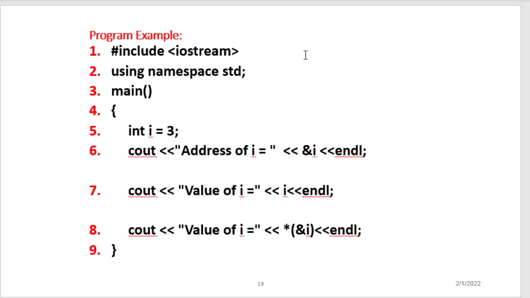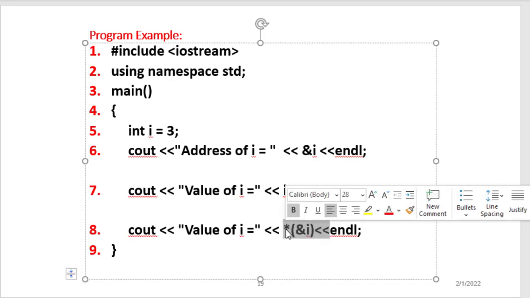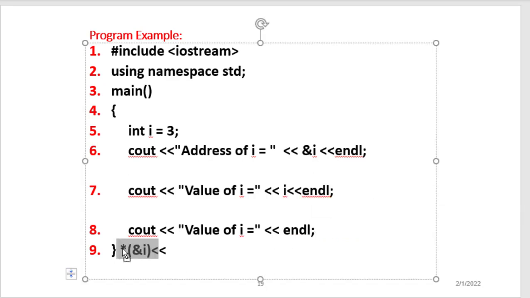Now this is another example where we have variable i, and we are printing the address of i as you're seeing here. This is the address operator, and here we are printing the value of i. This notation is the way you can print the content of